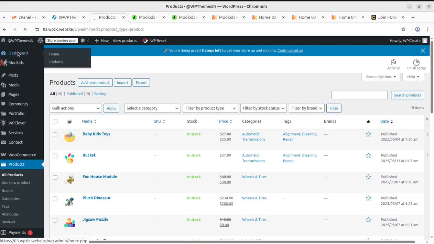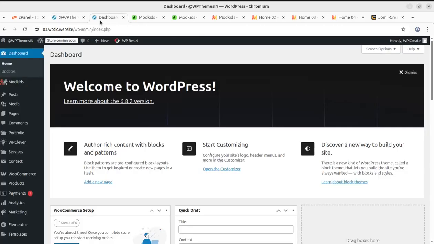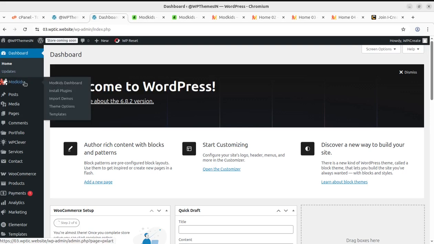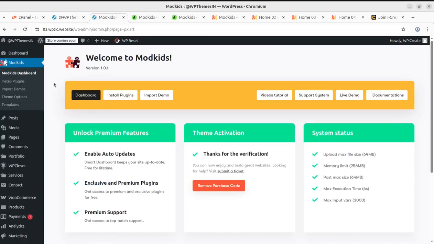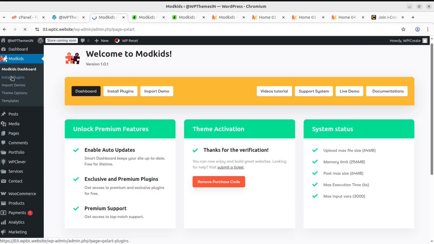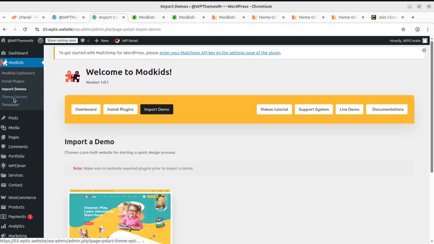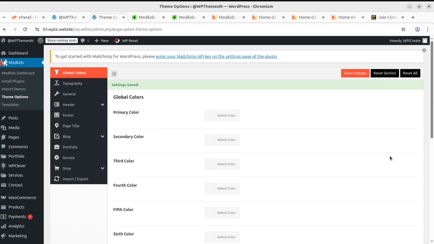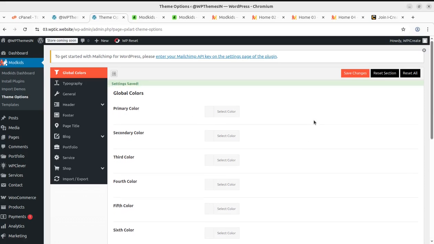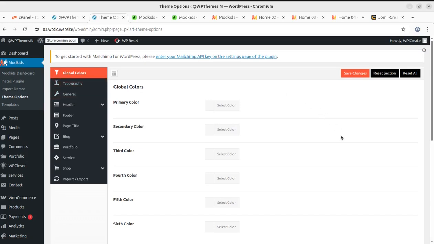Now I am back at the dashboard, and very quickly I am going to show you all the options that are available with the installation. So ModKids is here, and on the dashboard I have these options like install plugin, import demo. We have already used the system status, the verification, the enable auto updates, and all these options are here. Install plugin we have already used, import demo, and theme option is the main thing that I wish to show you. Right, so the theme option gives us all the sections that we can set at the primary level